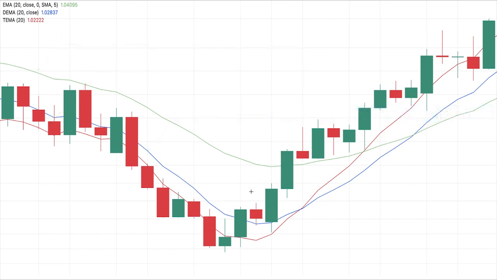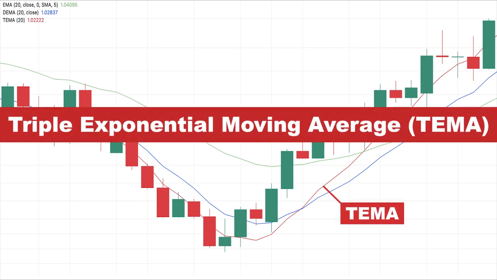In this video, we're going to talk about triple exponential moving average, or TEMA for short, which, compared to other types of EMAs, reduces the lag significantly and makes it a better moving average line for short-term trading. Similar to double exponential moving average, TEMA uses the lag difference between different EMAs, but here in TEMA there is one more step, and a triple smoothed EMA is used besides the single and double smoothed EMAs. By doing so, the moving average line that is created stays closer to the price and responds faster to the